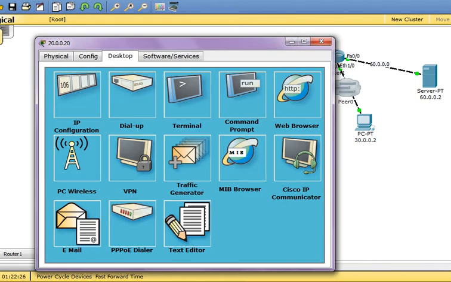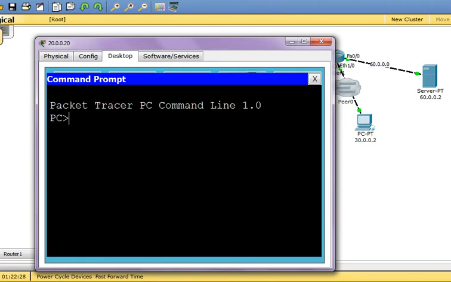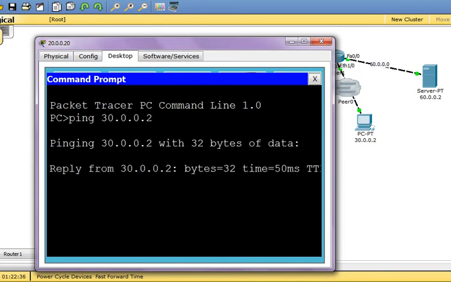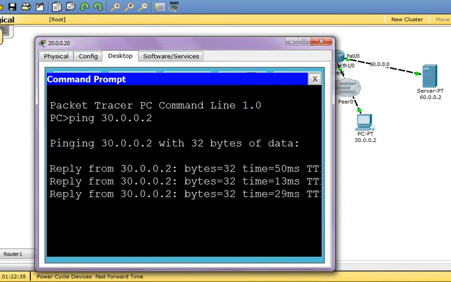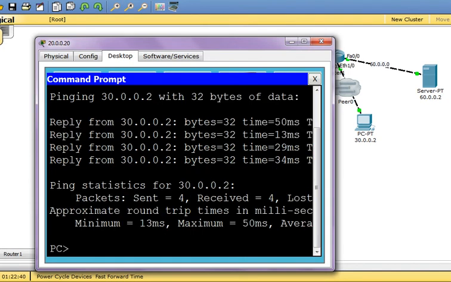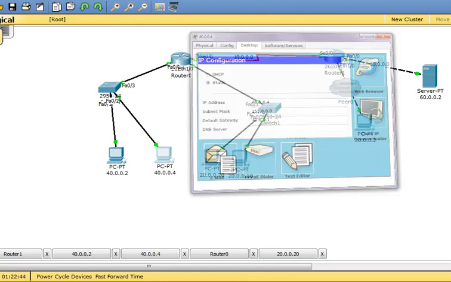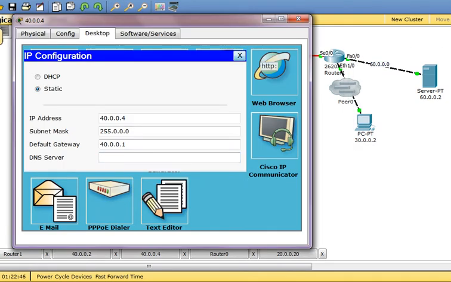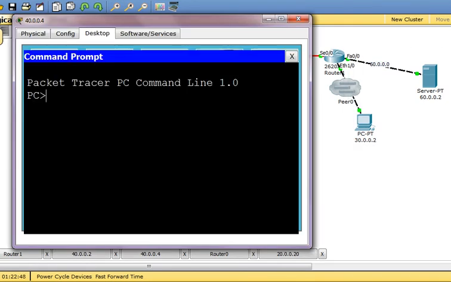So I go to 20 network and try to talk to my internet, 30.0.0.2. It will talk because I said permit anybody. Now I'll go to this computer and try to ping 30.0.0.2.